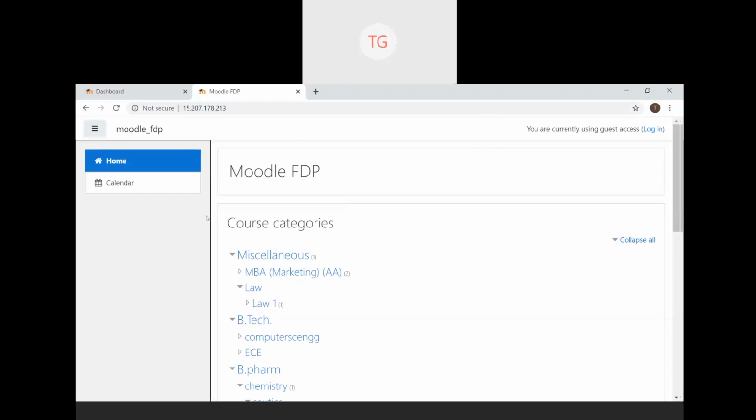The moment you click on this URL, it will lead you to this kind of a page. So this is a cloud-hosted LMS. The link I have shared in the chat window, ma'am. You can access from there. I'll repaste it for your convenience.